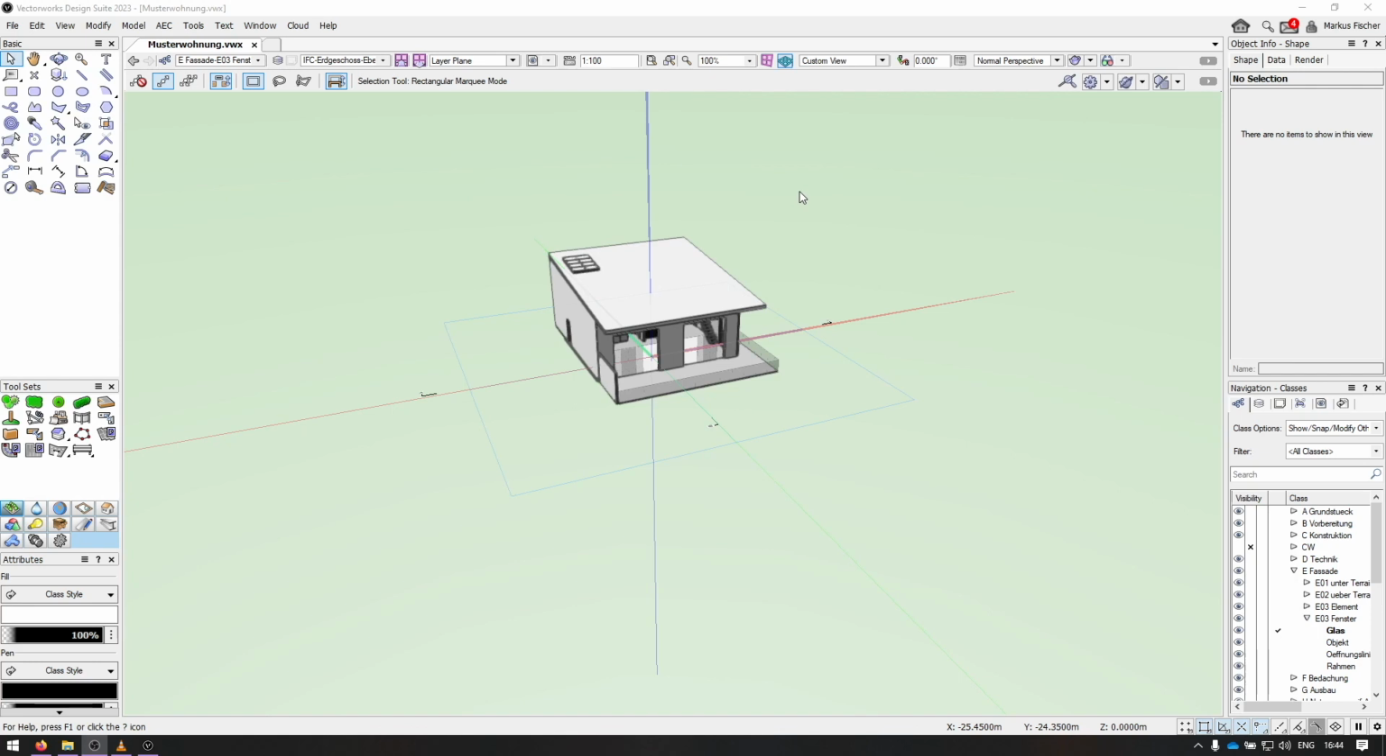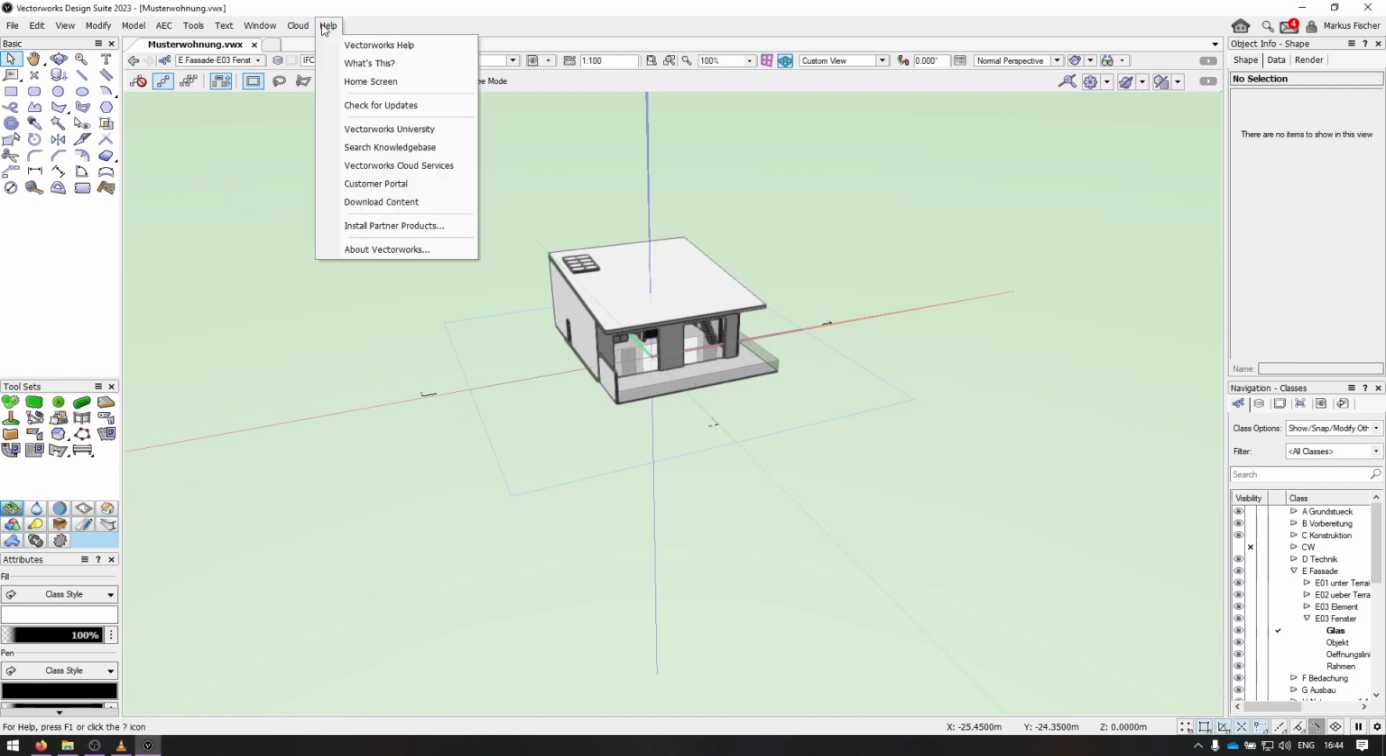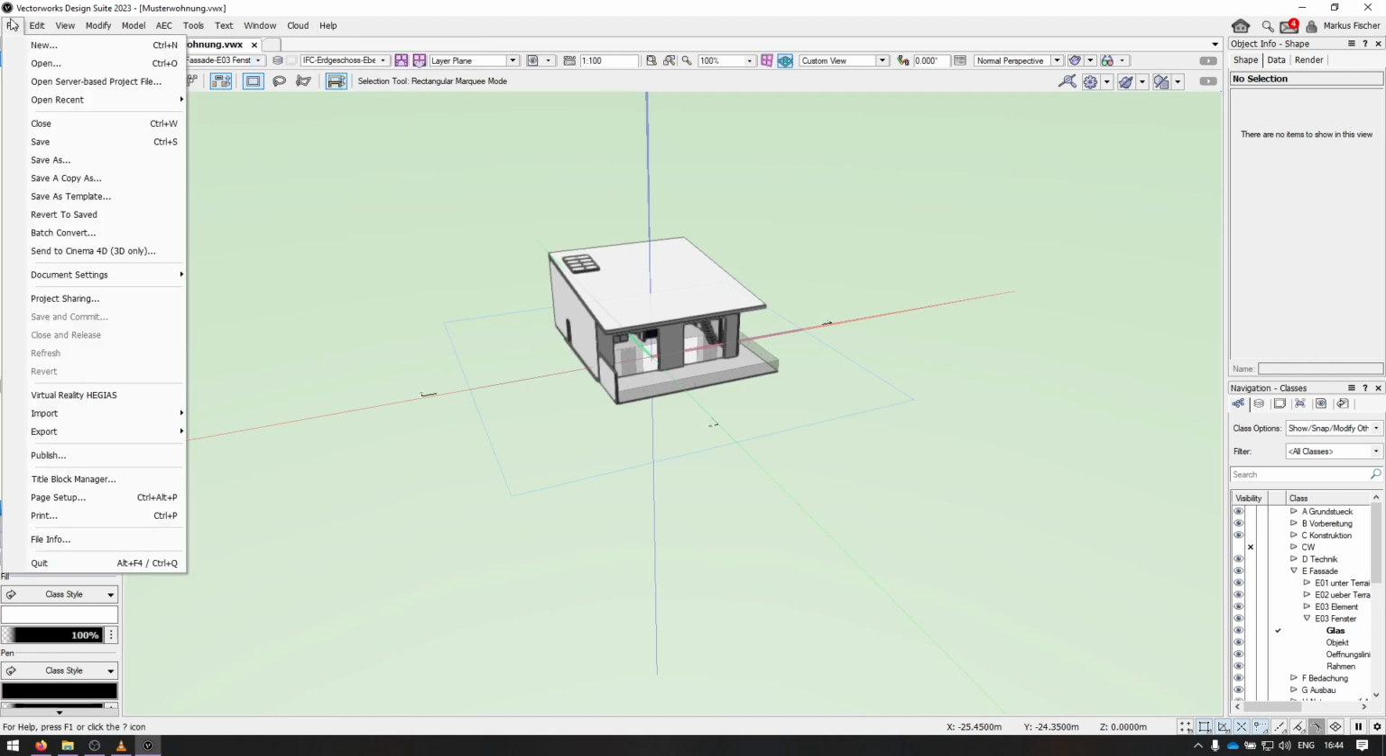For this demonstration we are using an IFC file I've uploaded before, and to use the plugin we have to install it first. It can be found under Help and then under Install Partner Products. In there you can find the HEGIAS VR app. Now, after installing and restarting Vectorworks, the HEGIAS VR plugin is under File,